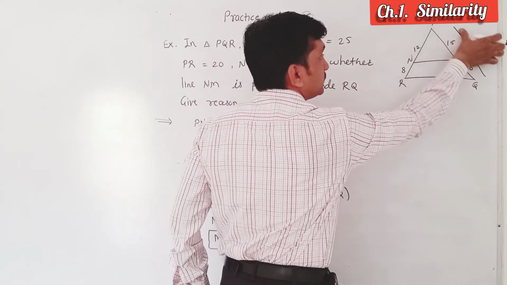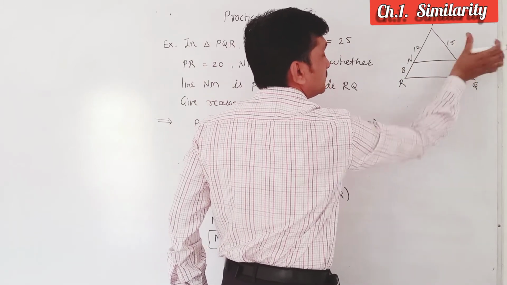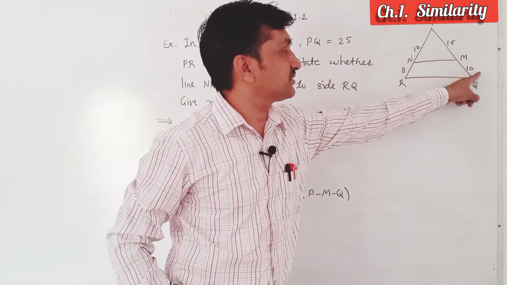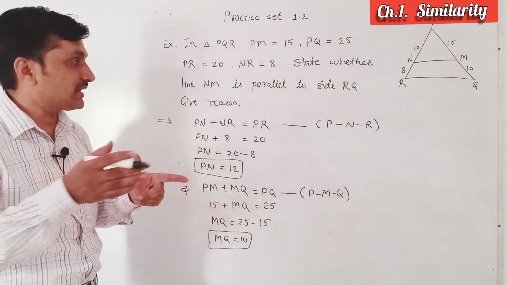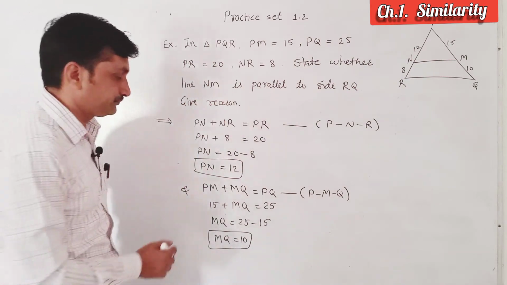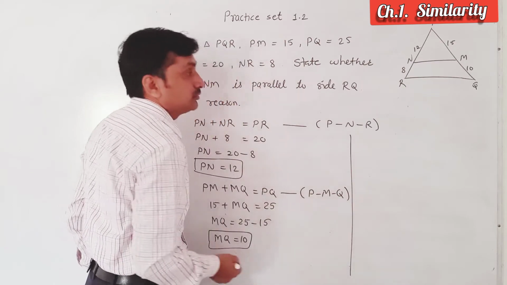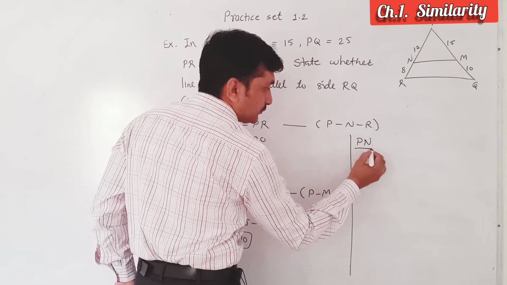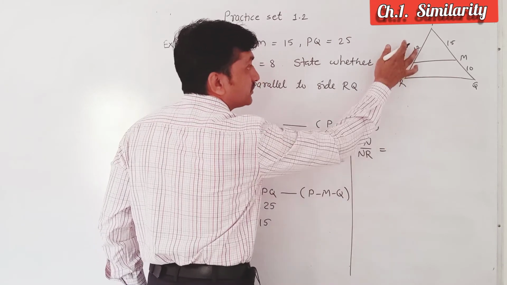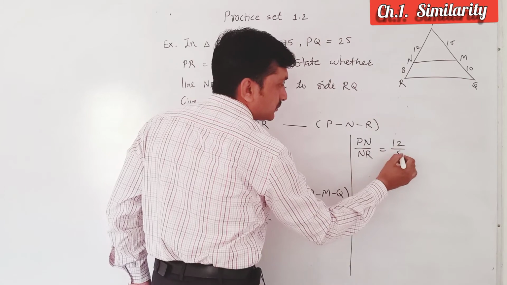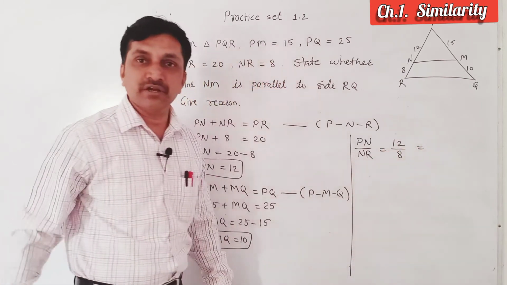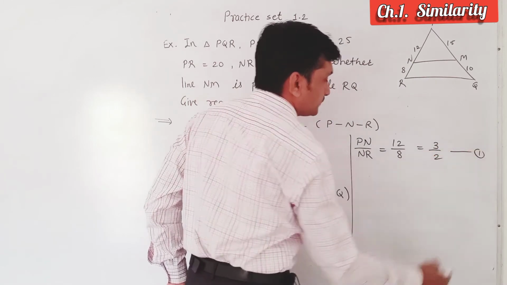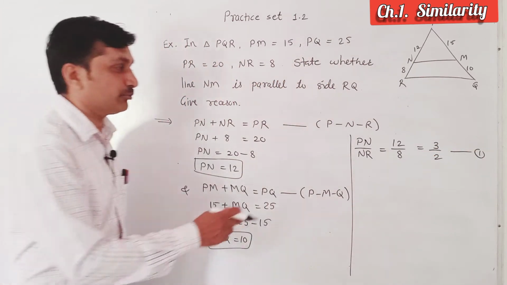Okay. Now we don't want this side. Now let's find the ratios. If both ratios are equal, then we can say the line is parallel, otherwise not. I find first this side ratio, PN upon NR. PN upon NR is equal to, writing their values, 12 upon 8. By which number can we reduce here? By 4. 4 3s are 12, 4 2s are 8, so we get 3 upon 2, that is the value of PN upon NR.